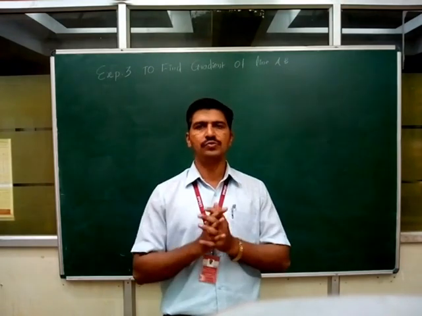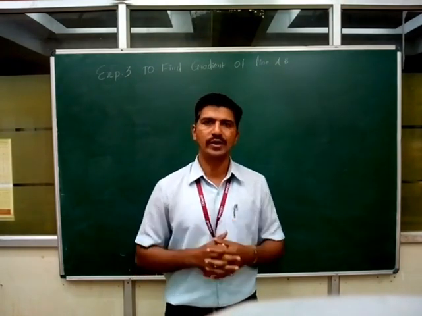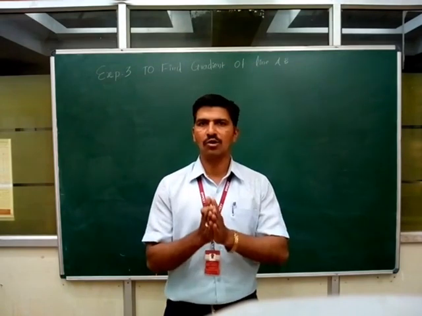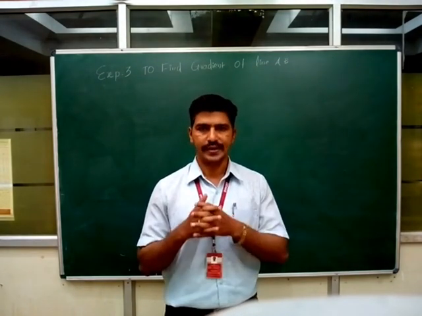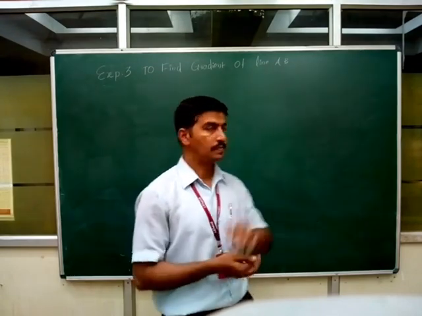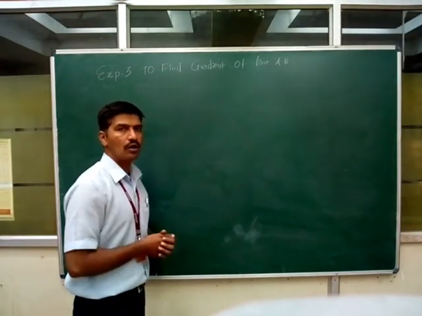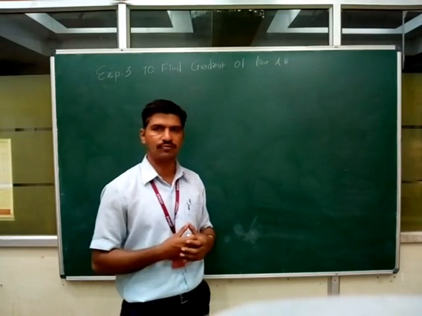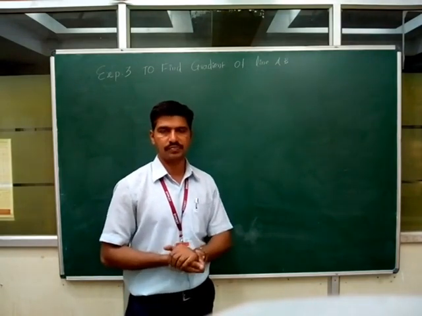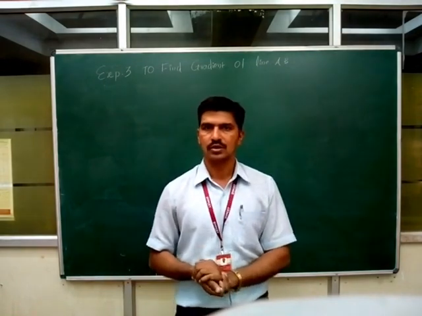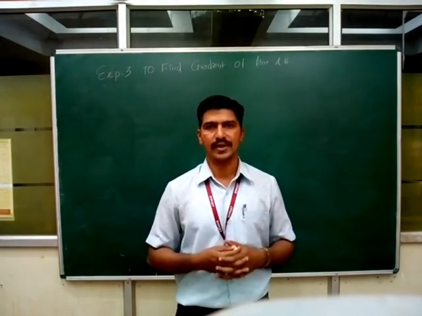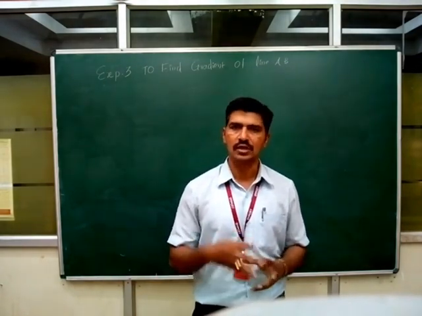In the previous video, we learned how to calculate the RL of two different points by using the tachymetric method. Today, we are going to understand how to find out the gradient of a line, say A and B. Before going for the experiment, let us understand what gradient is. Gradient is nothing but the slope of a line.